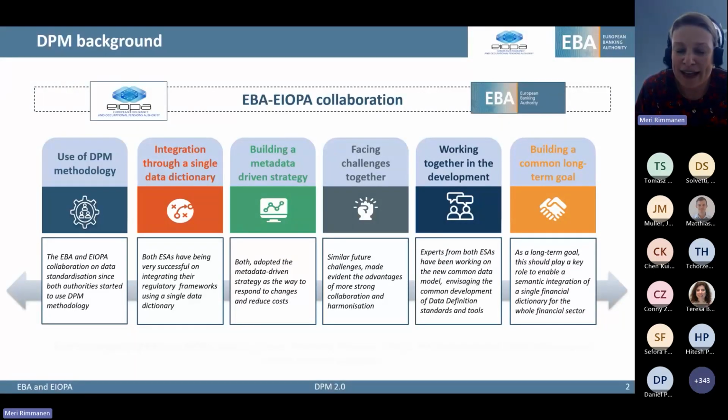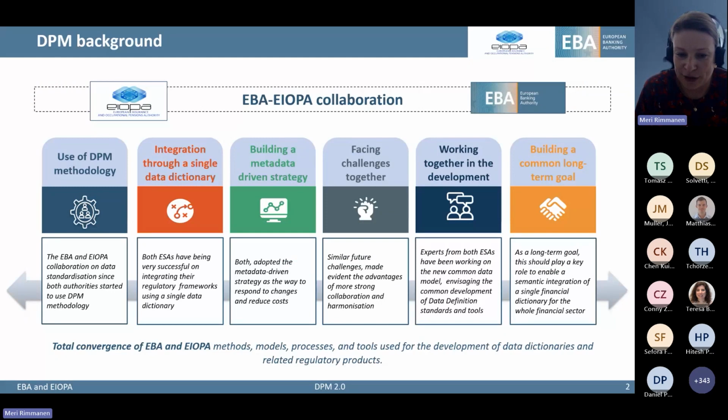So EBA and EIOPA have collaborated on this journey to refitting our data point model. Why do we do this together? We have since the beginning used the same DPM methodology. We have more or less the same DPMs from the beginning.